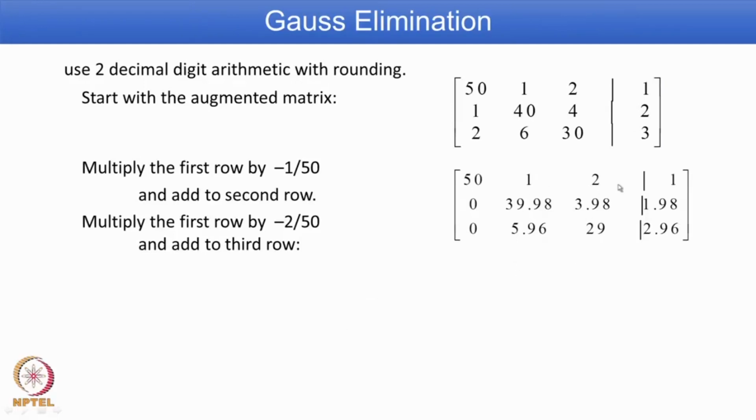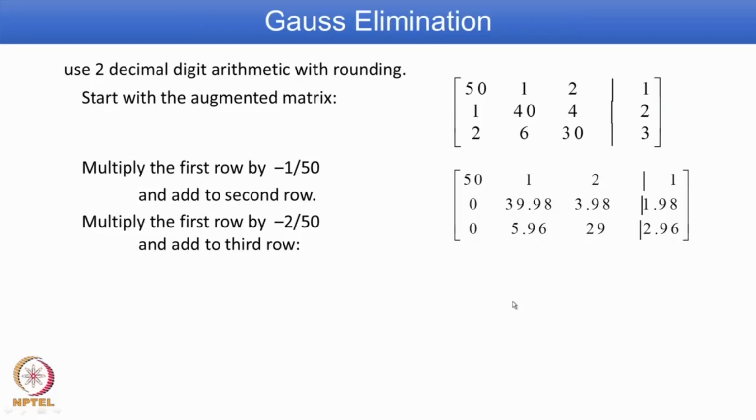The first row remains the same, second row first value goes to 0, that is the intention. Similarly, the third row first value goes to 0, that is again the intention, and the remaining values get adjusted because of this operation. So, 40 becomes 39.98, 4 becomes 3.98 and 2 becomes 1.98. Similarly, for the third row, because we are following accuracy up to 2 decimals, we have written values up